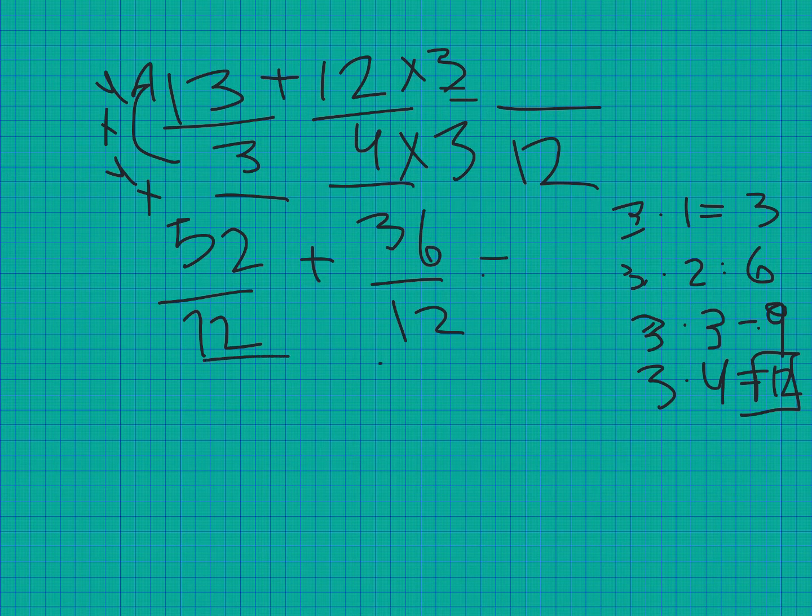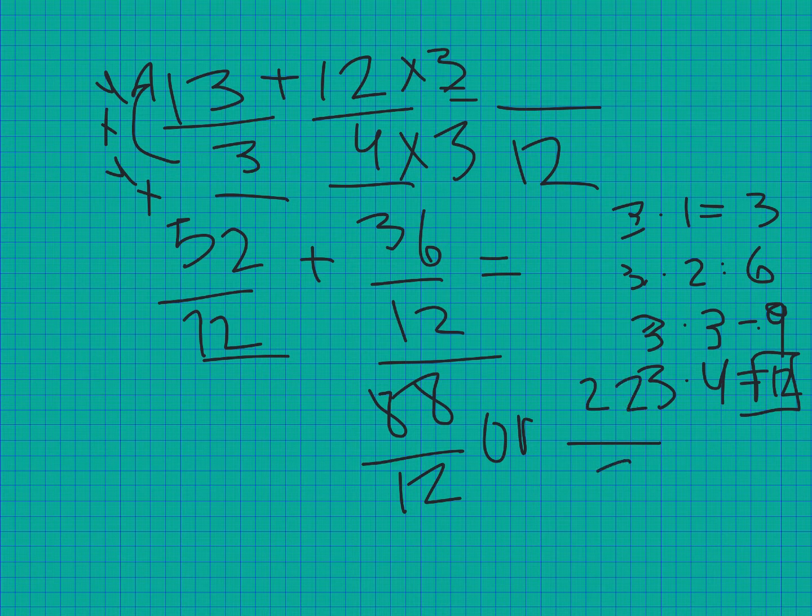Now we have our denominators the same. So what is 52 plus 36? That will give us 88 over 12. Can we simplify this? Well, let's see. Can't do it by 12, so we can simplify it by 4. It'd give us 22 here, then 3 here, and we can't simplify those, so this is our answer, or in